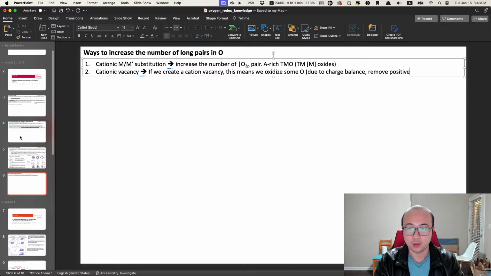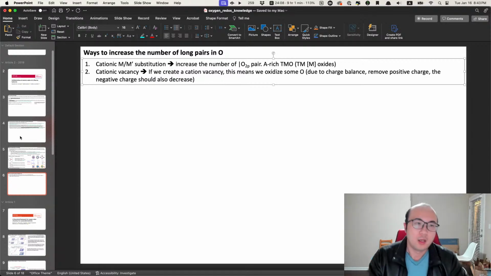We need positive charge, so the negative charge should also decrease. Yeah. And if there are no more electrons on there,